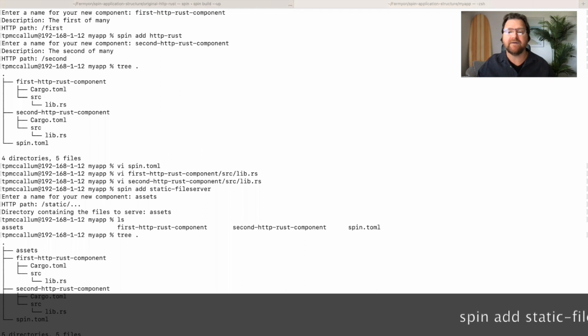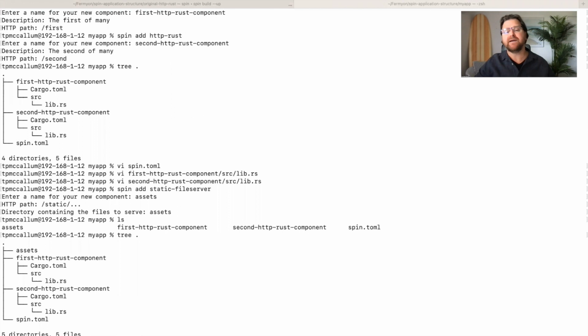Now the file server component that we add here will create a slightly different structure. It's not actually a workdir. It's not actually a component that has a working directory. It actually just has a directory to store assets, so static assets in it. So what we do is we put a bunch of files in there that we want to serve to incoming requests. And then we see when we start the application that the requests coming in will be served the static content